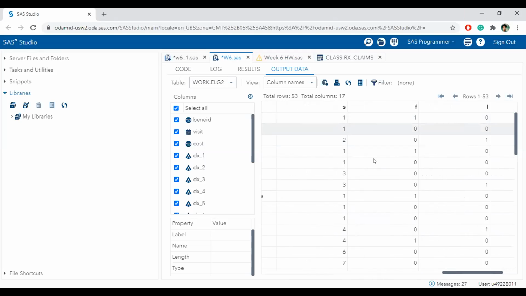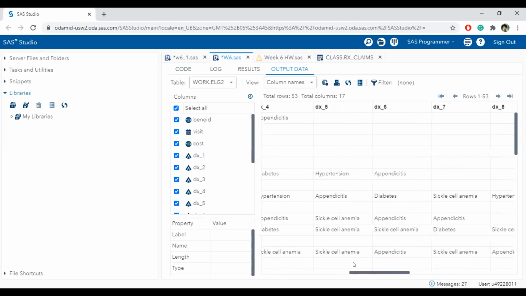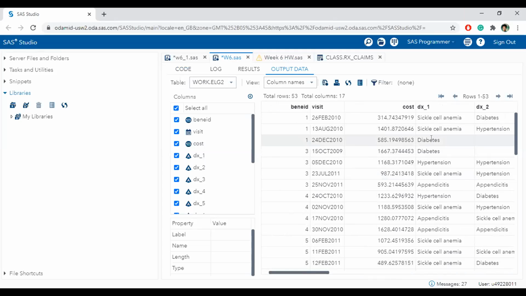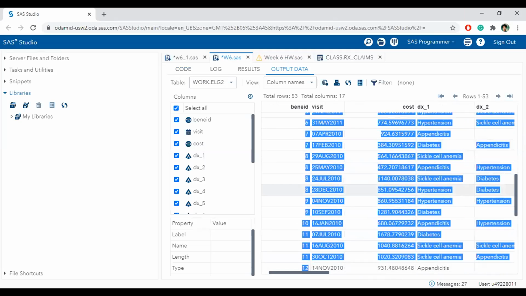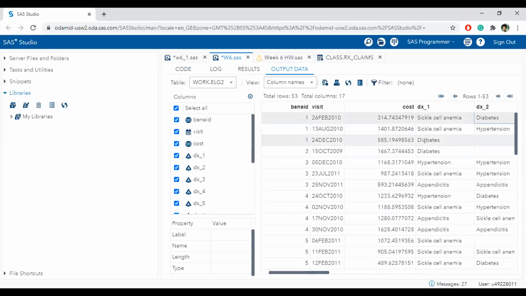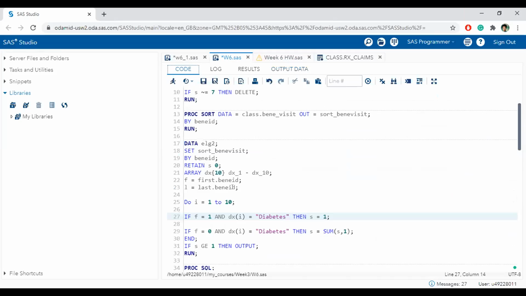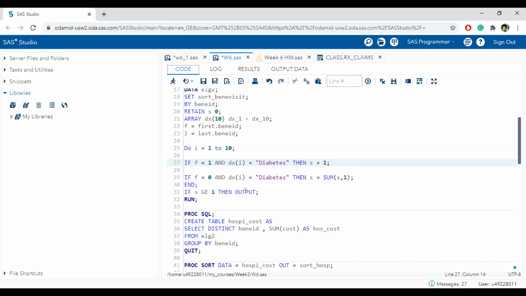If it does not have, then it just neglects, and if it has, then it adopts. In this case, we have two as the sum because diabetes is repeated twice, and similar like that. And as for subsetting, I just output if it is greater than one. That means if there is more than one diabetes claim, then output.